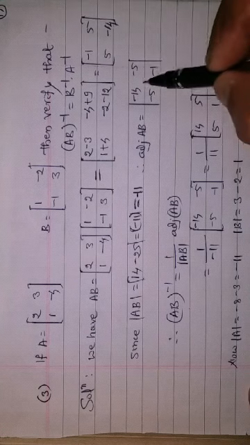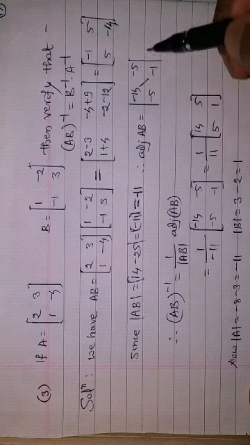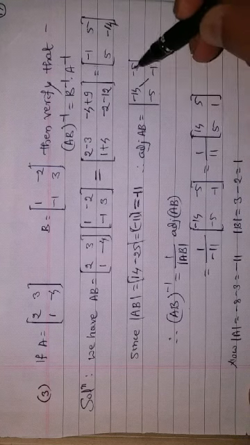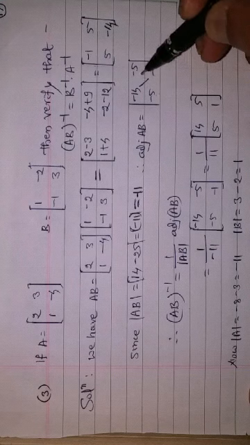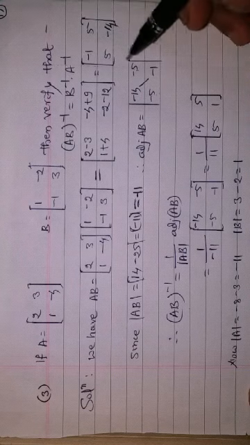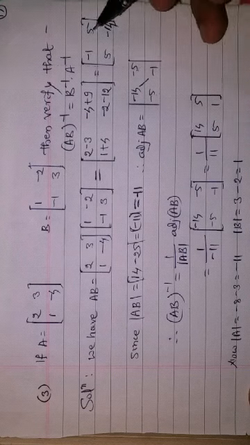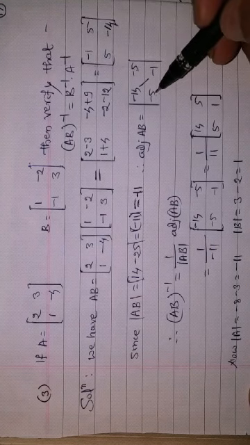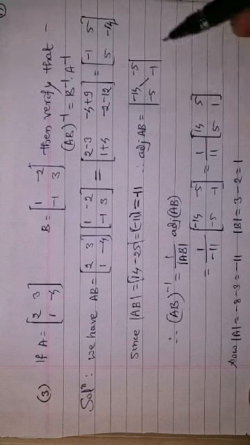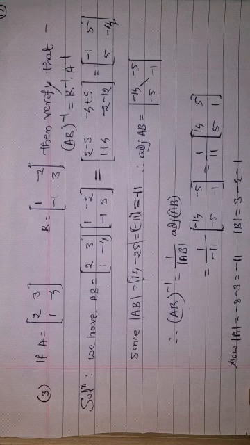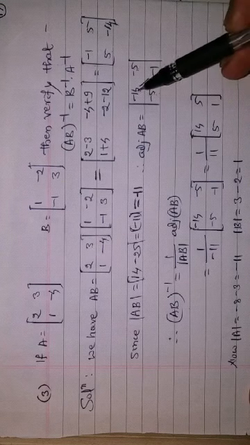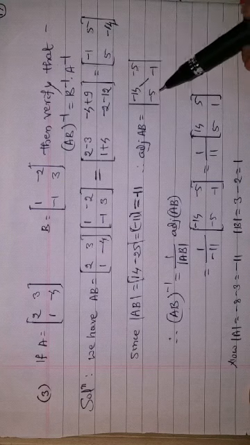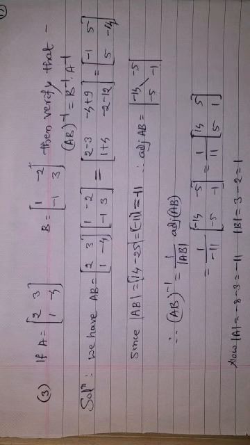Principal diagonal elements are interchanged, and the secondary diagonal elements' signs will be changed. Plus 5 becomes minus 5. Here plus 5 becomes minus 5. Hence the adjoint of the matrix AB is equal to minus 14, minus 5, minus 5, minus 1. Hence AB inverse is equal